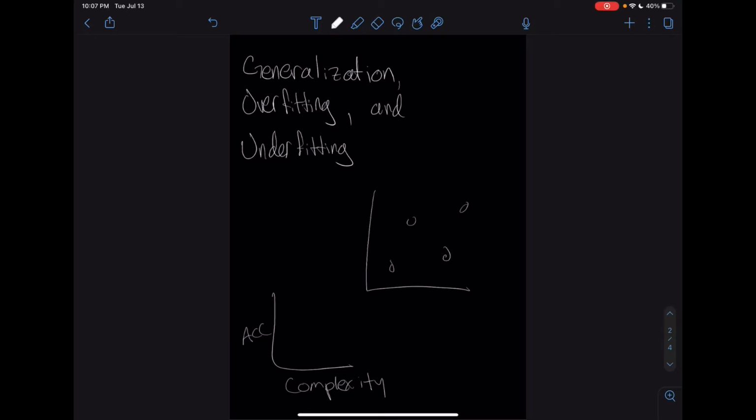Okay, this video will briefly cover what generalization, overfitting, and underfitting mean. Generalization is essentially your model's ability. If you build a machine learning model, what is that model's ability to accurately predict or classify future information or